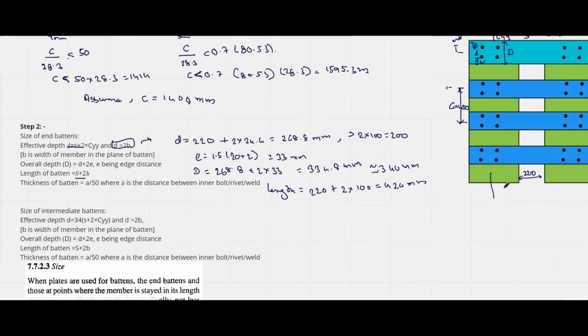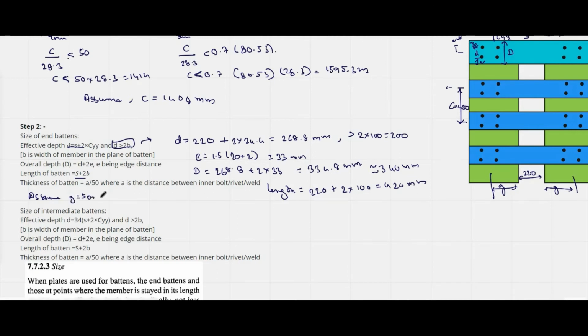Let us assume the distance where we are going to place the bolt is at a gauge length G. We are not sure whether we are providing two series of bolts or a single series of bolts. Let us assume some distance G, gauge length,